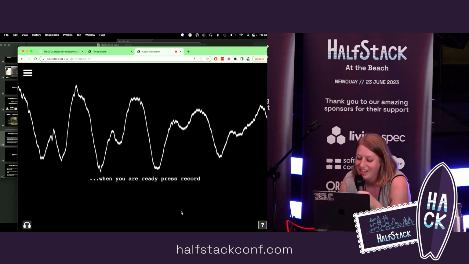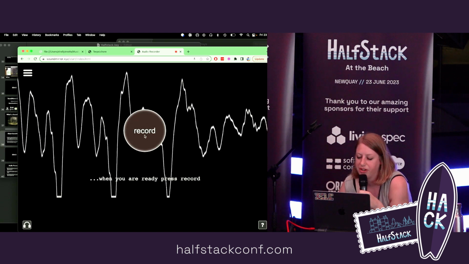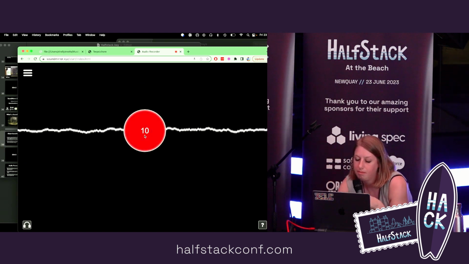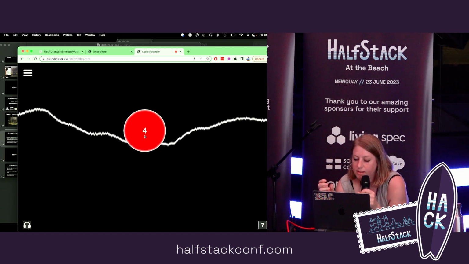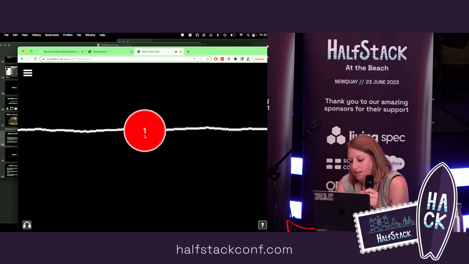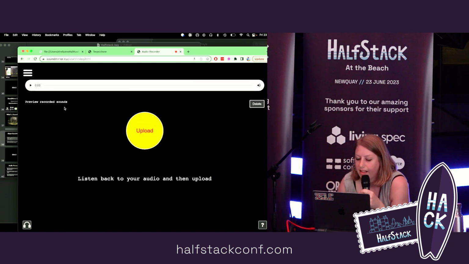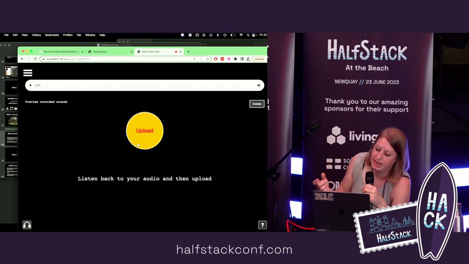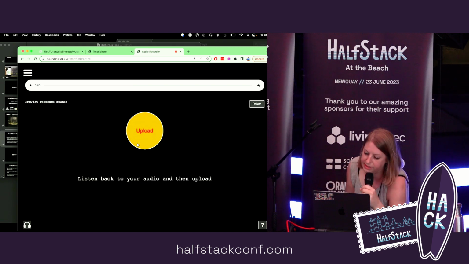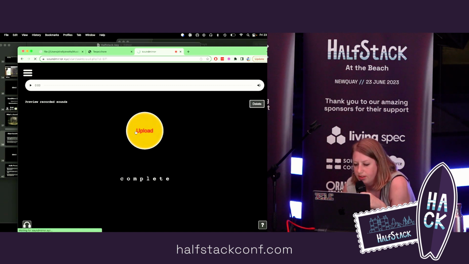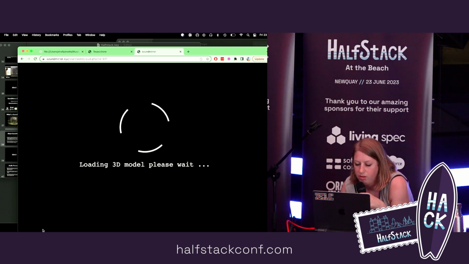And then you can record a 10-second sound clip. Then it takes that sound clip, adds it to the already existing database of sound clips that other people have recorded, and makes a 45-second generative soundscape out of it. I'll just do that. And then it's going to load.